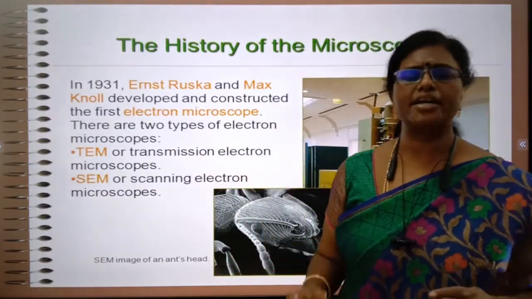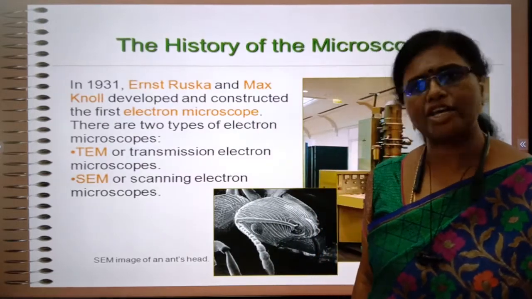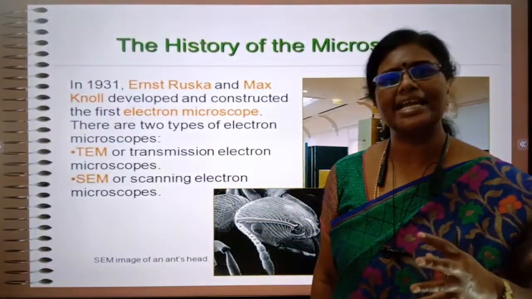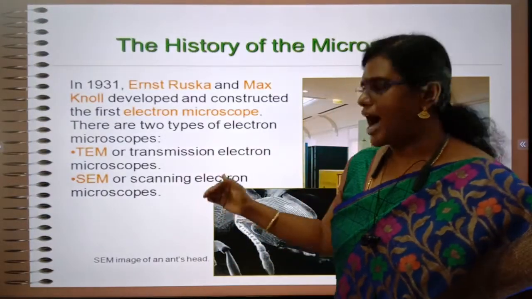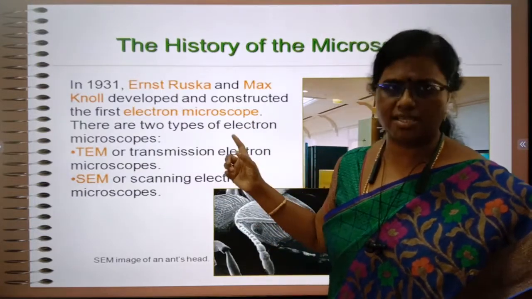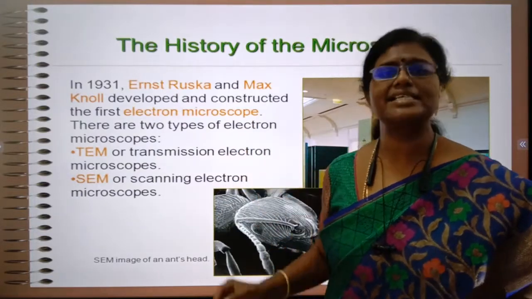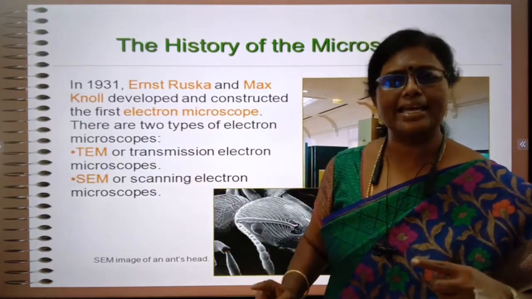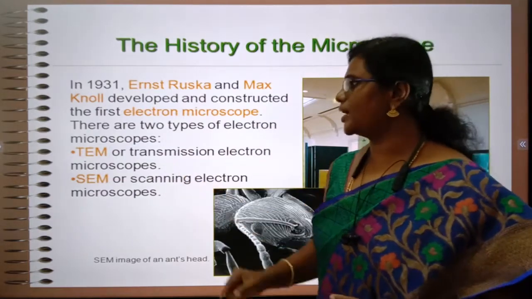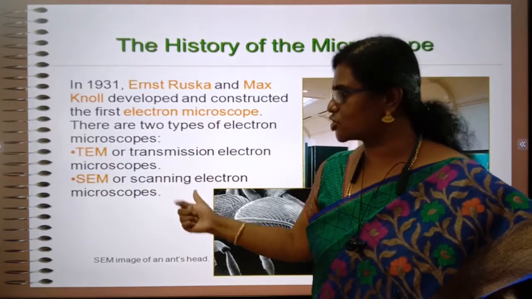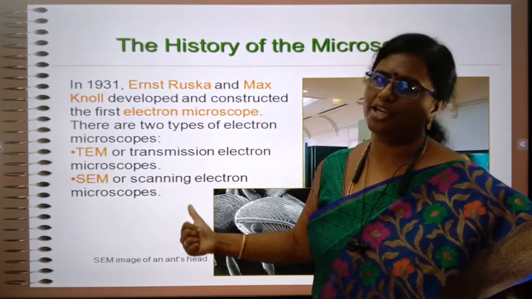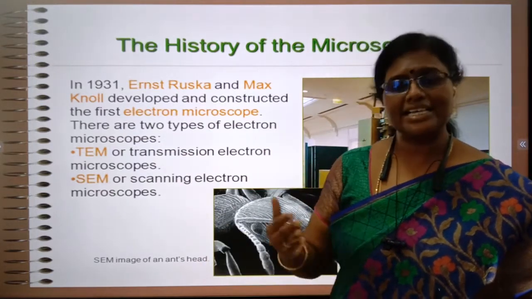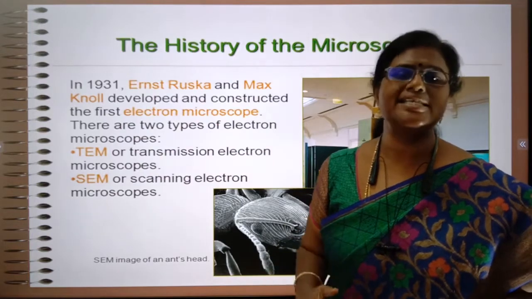Next, about the electron microscope. This is a very important discovery, made especially for studying microorganisms, because through the electron microscope different organelles in the cell can be visible. After the 1940s, Knoll and Ruska are the two scientists who discovered the electron microscope. There are two types of electron microscope. One is called TEM, the other is called SEM. TEM is the transmission electron microscope, SEM is the scanning electron microscope. So after 1940, using the electron microscope, scientists were able to study the different organelles in the cell.